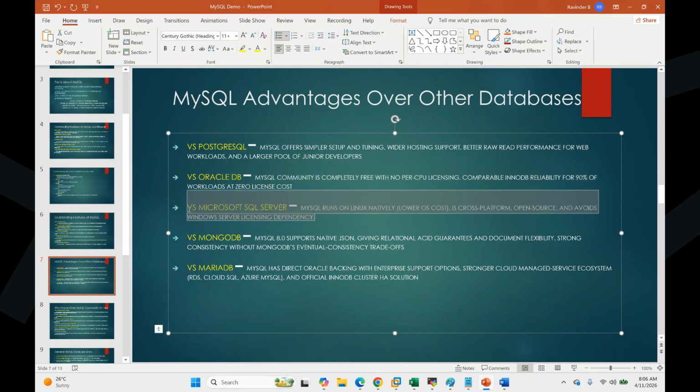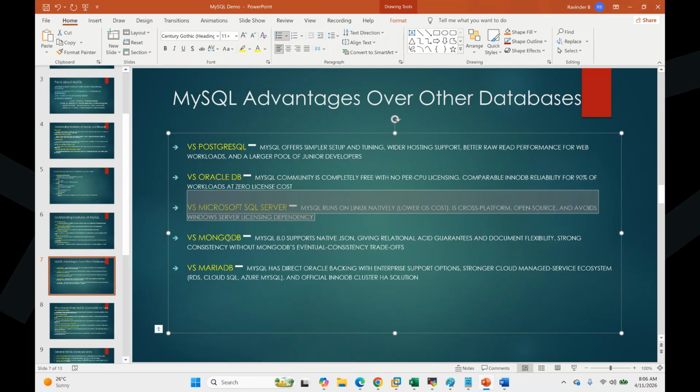Microsoft SQL Server is licensed again. It's not free. At the same time, it is mostly used on the Windows platform. Microsoft SQL Server started giving a Linux version with SQL Server 2017, but still it is nowhere implemented in the market. Very rare, only a 1% probability you see Microsoft SQL running on the Linux platform. So mostly you can say it is tightly coupled and integrated with Windows.